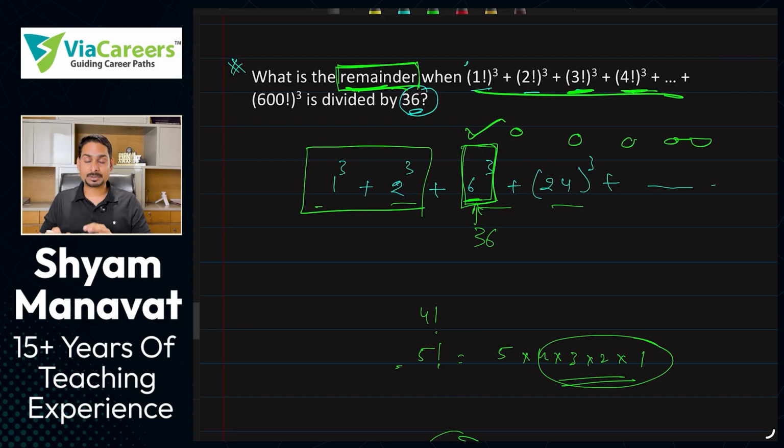So this is what you should learn about factorial from the exam point of view. There are more things in factorial, but they're not required for the exam you are answering, okay? So we should limit our knowledge to the exam point of view. That is enough, right? In the next lecture, we are going to discuss remainder.